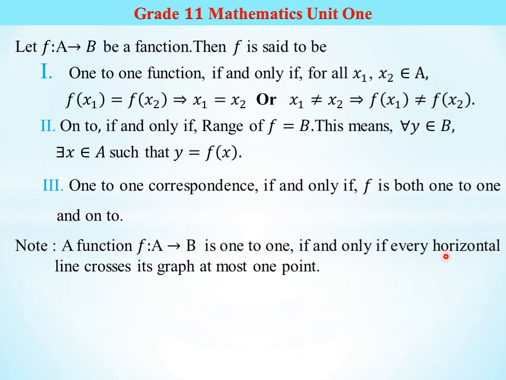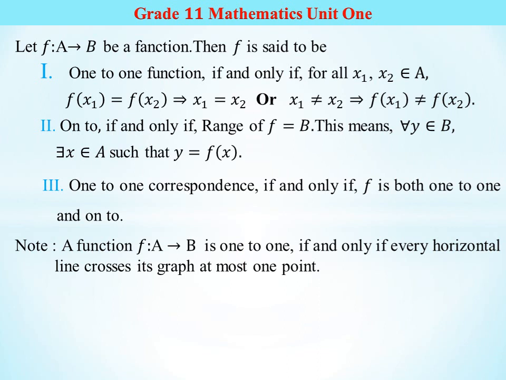Note: a function f mapping from A to B is one to one if and only if every horizontal line crosses its graph at most one point. ይሄ እንግዲህ ጂኦሜትሪካሊ አንድ ፋንክሽን ዋን ቱ ዋን ነው አይደለም ብለን የምንለይበት እንግዲህ ግራፉን ስኬች ካደረግን በኋላ ሆሪዞንታል ላይን ስንጠቀም ያንን ፋንክሽን ያ ሆሪዞንታል ላይን አንድ ጊዜ ከቆረጠው ያ ፋንክሽን ዋን ቱ ዋን ፋንክሽን ነው ማለት ነው ከላይ ያለ ነው አልጀብሪካሊ አንድ ፋንክሽን ዋን ቱ ዋን ነው አይደለም ያልንበት ነው